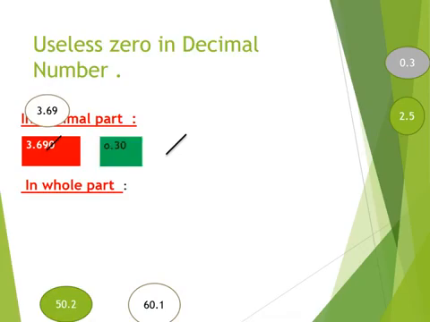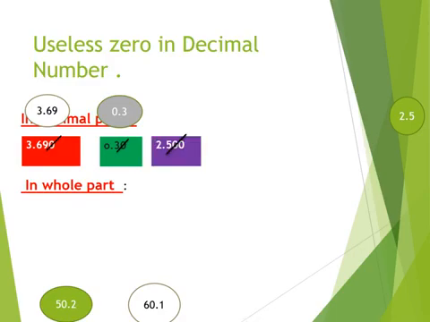Another example, 30 hundredths. I have one zero to the right and it's useless, and this number is equal to 3 tenths. But here I have one zero to the left. The zero here represents that the whole number is zero. There is no whole number. Another example,